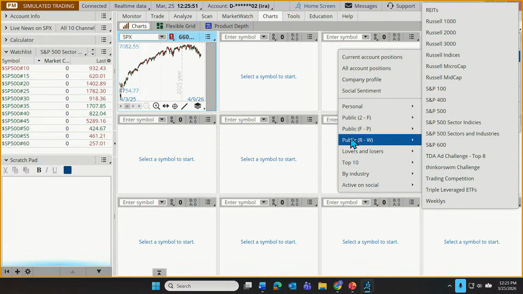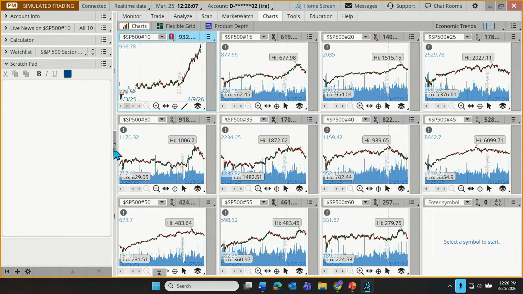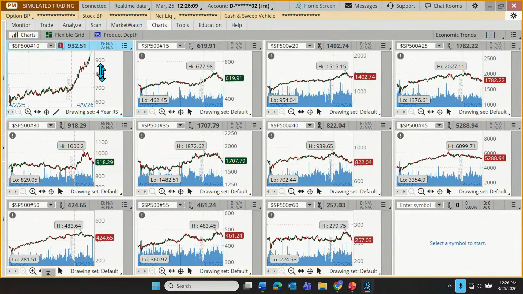All I have to do is tell it which watch list we're loading into these cells. So I'm going to go to the public watch list for the S&P 500 sectors, and there we go. Automatically loaded up. So I didn't even need to go to the watch list over here. I just wanted to show that that watch list existed. And now I can tailor this. Let's maybe set up a sector strength tool set that a trader might use.